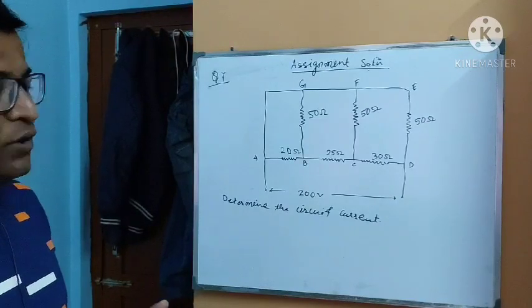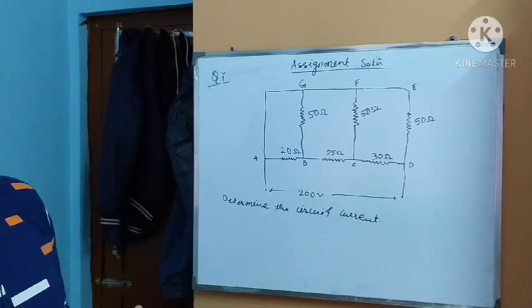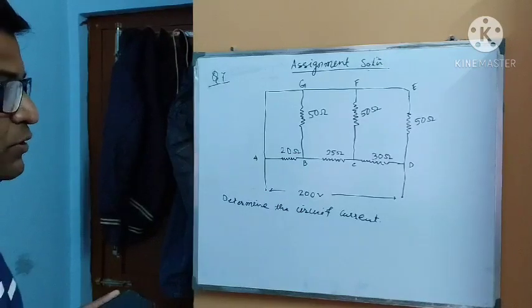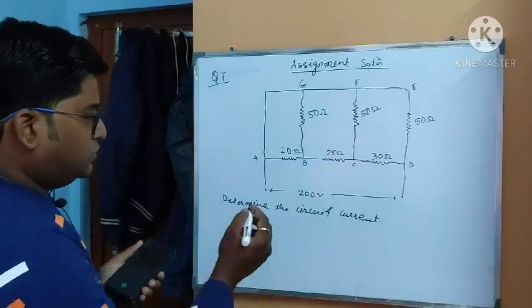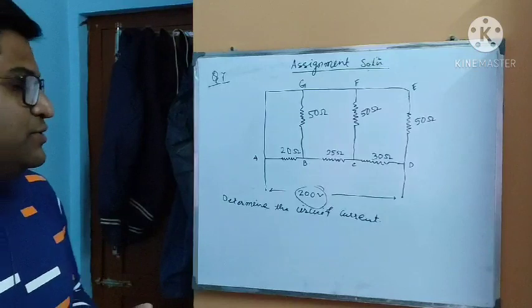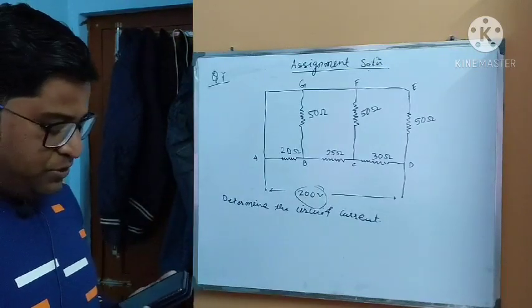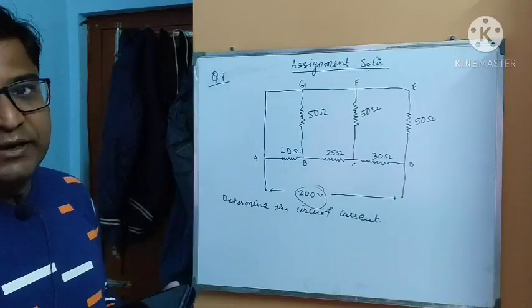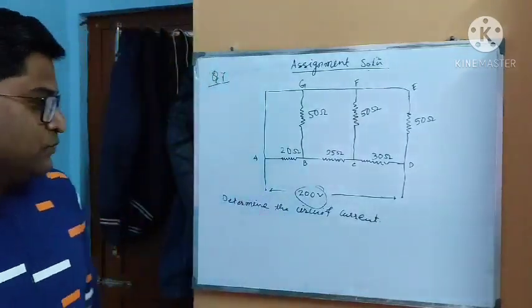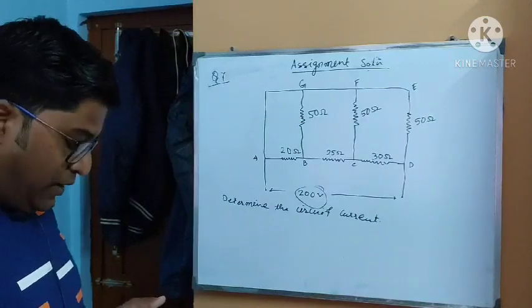So how do we calculate the current? If we go to the very basic thing, that is Ohm's law. V is equal to I times R, and simply I is equal to V upon R. As the voltage source is given, if we calculate the total resistance provided by this arrangement of resistances present in the circuit, we can easily calculate the current flowing through this circuit due to this 200 volt source.